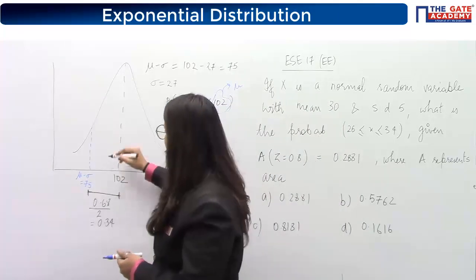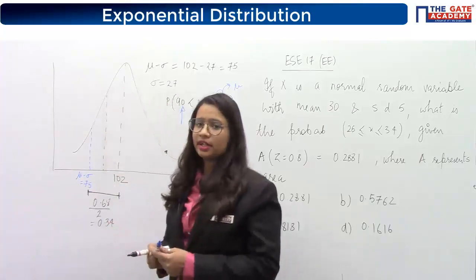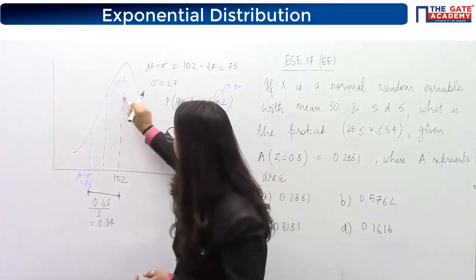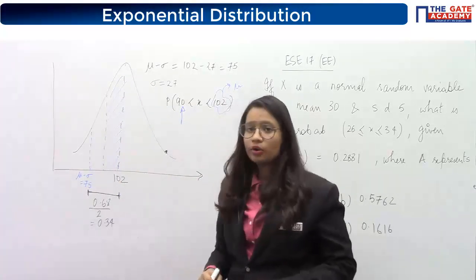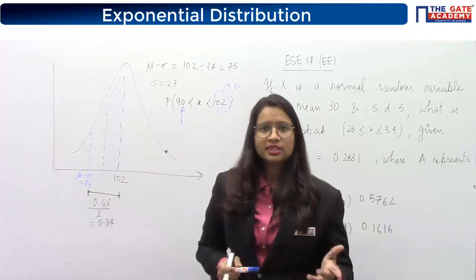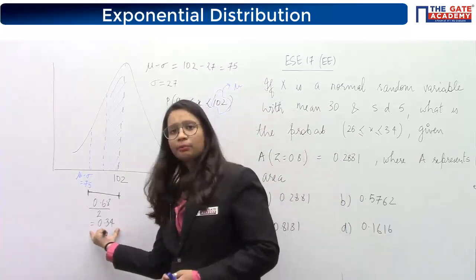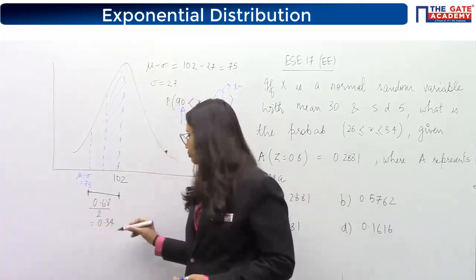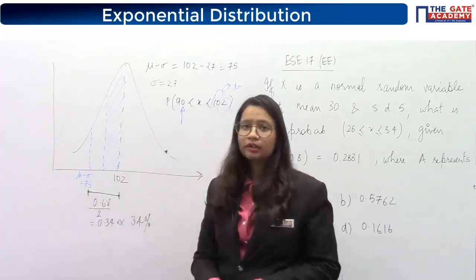Now you require this probability, that is from 90 to 102. You should be able to see that 90 will definitely fall in the middle of this range. So basically this probability, or this area, has been asked to you. So what will be the answer? Will it be 66.7? Definitely no. It will be everything lesser than 0.34. Yes or no? 34%. It will definitely be lesser than this value of 34%.